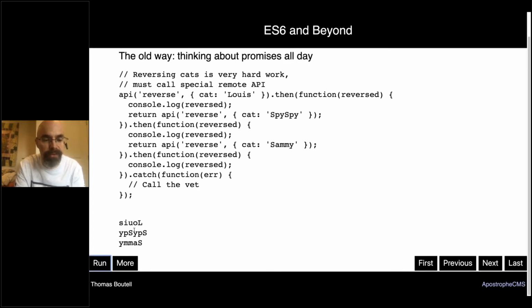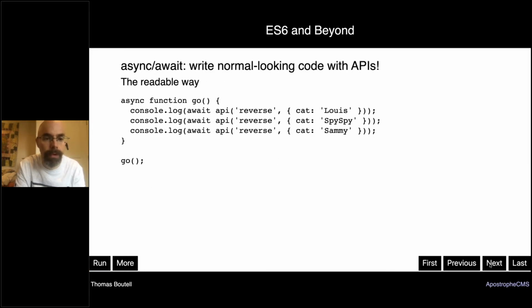You can see how these spool out slowly because they're coming from a faraway server. All right, so I'll go ahead and take a look at the modern version of that. Okay, so this is the readable way. Just look at it. I mean, I don't think I have to convince anyone that this language feature is an